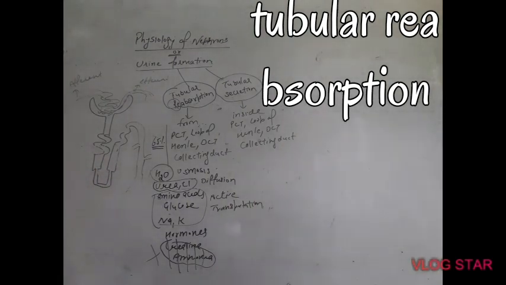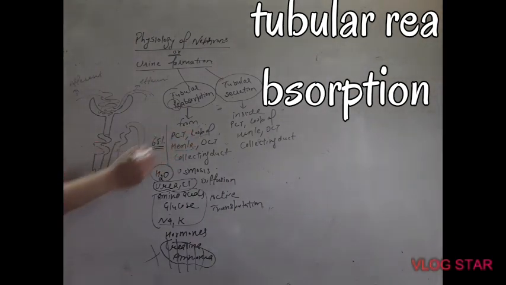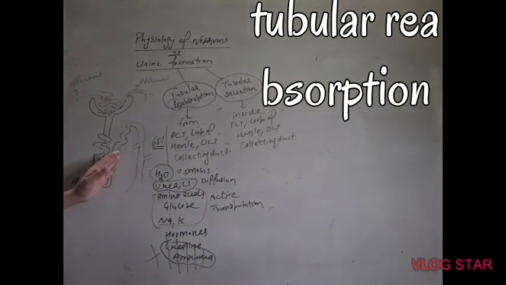The next step of reabsorption takes place inside the loop of Henle. And loop of Henle has two parts, as we did that day: descending limb of loop of Henle and ascending limb of loop of Henle. The cells of the descending limb of loop of Henle are only permeable to water. So the only absorption of water takes place here. And this ascending limb of loop of Henle is strictly impermeable to water.